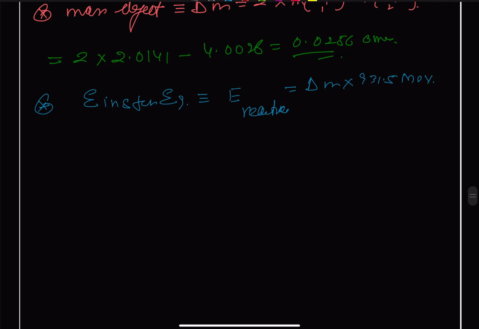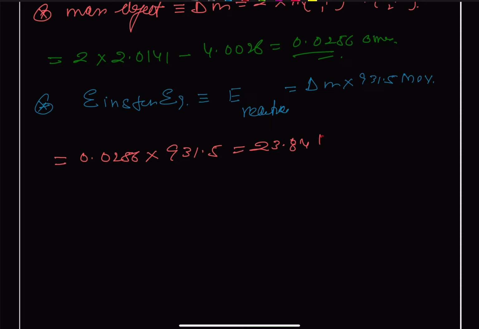So we substitute the value and we get this as 0.0256 into 931.5, which will be equal to